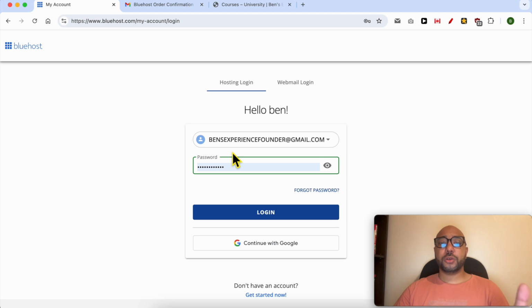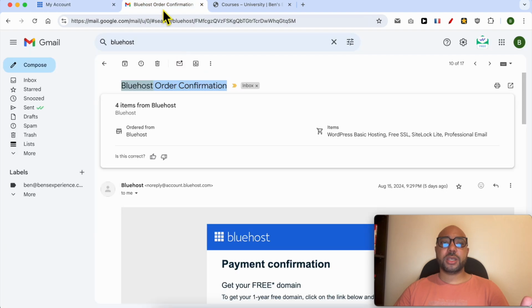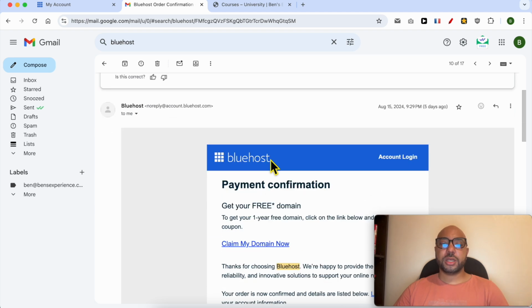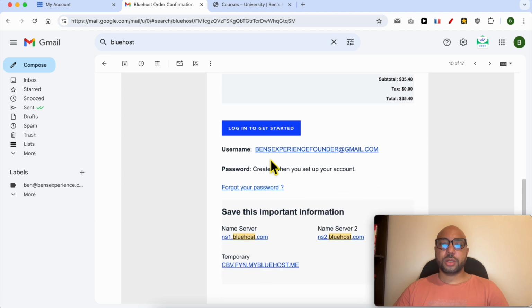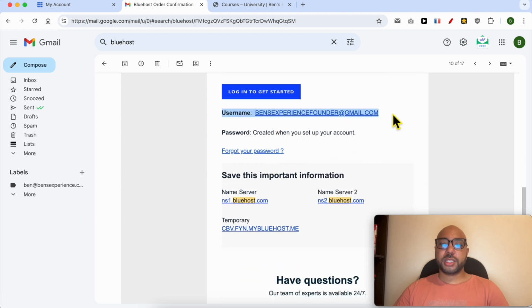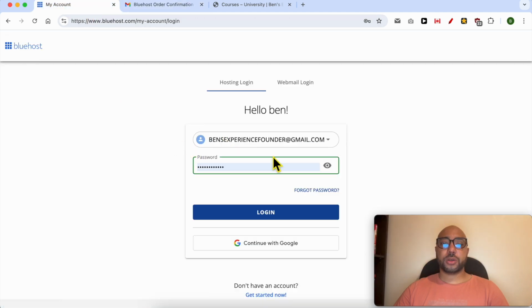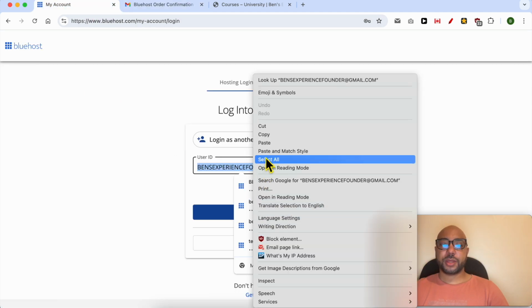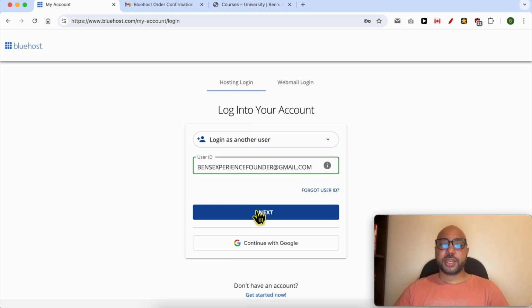If you don't know your account email address, simply check the first email you got from or after buying Bluehost. It's called Bluehost order confirmation. Scroll down to the bottom and this is your username. Click on copy, go back to your Bluehost login page, fill it here, then click on next,